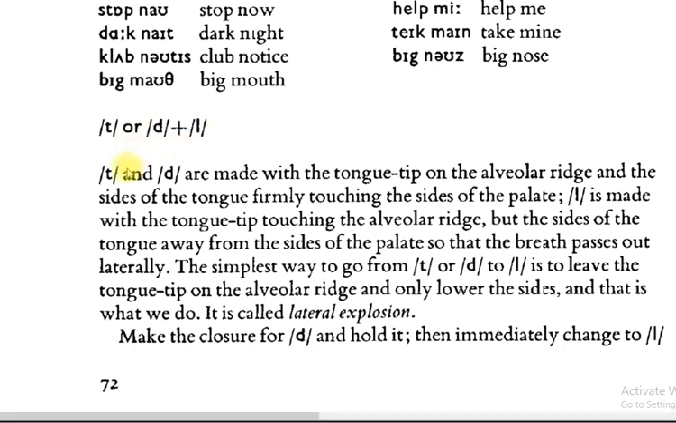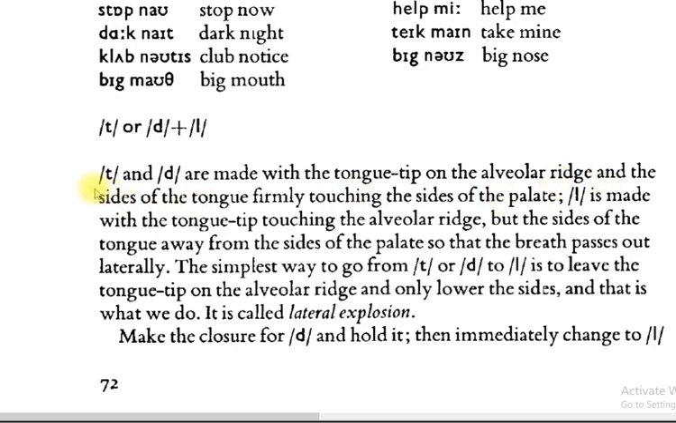So what happens is that T and D are stop consonants, right? This is with regard to manner of articulation. According to the place of articulation, which point of the mouth, which point of the vocal tract do we use to produce these two sounds? We use the tip of the tongue. You see the mouse. We use the tip of the tongue against the alveolar ridge,